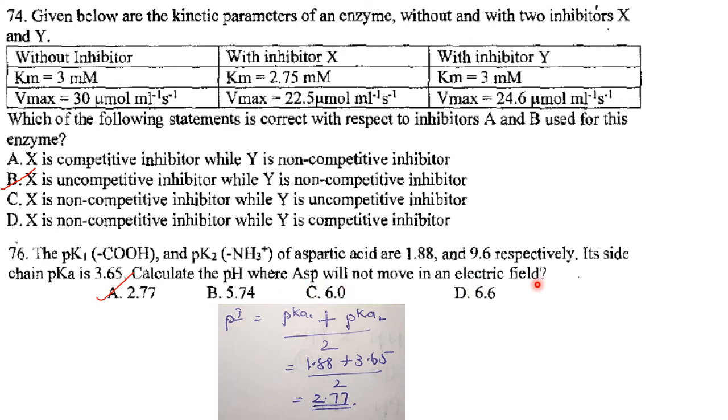That is the isoelectric point we have to calculate. So pI is equal to pK1 plus this pKa. This one, I have written by mistake as pKa2. That is 3.65. So 1.88 plus 3.65 divided by 2, that is 2.77. So the answer here is option A,